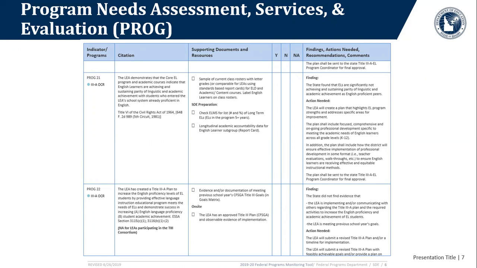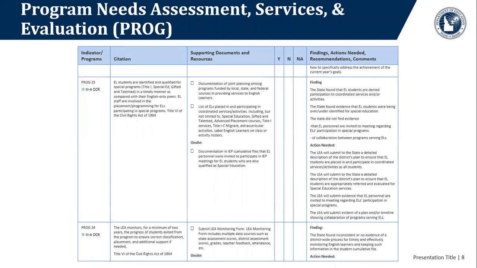So we'll look at the goals, and then you want to include any data that shows that you are or are not meeting that goal. And if you're not meeting that goal, then in the action plan we will look at how we can adjust your goals to make them timely and relevant, and to ensure that students are meeting those goals.